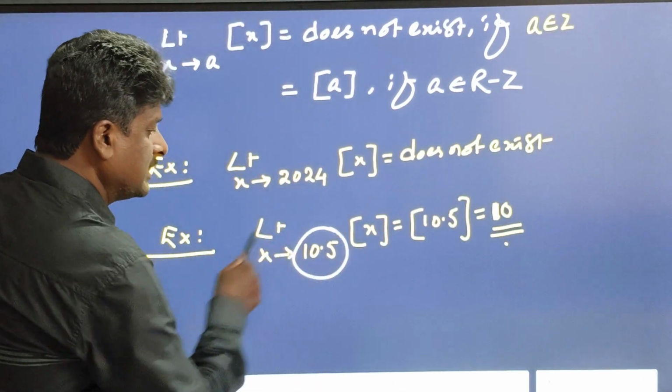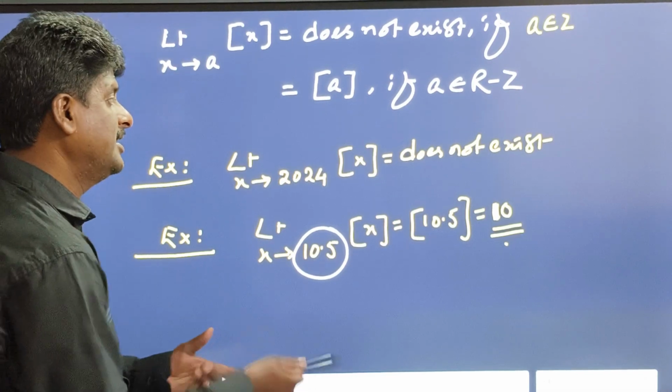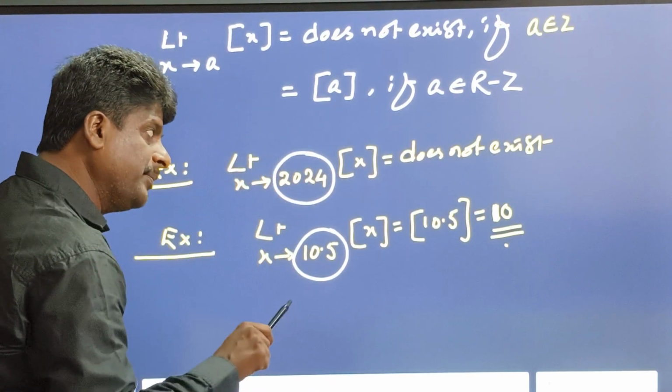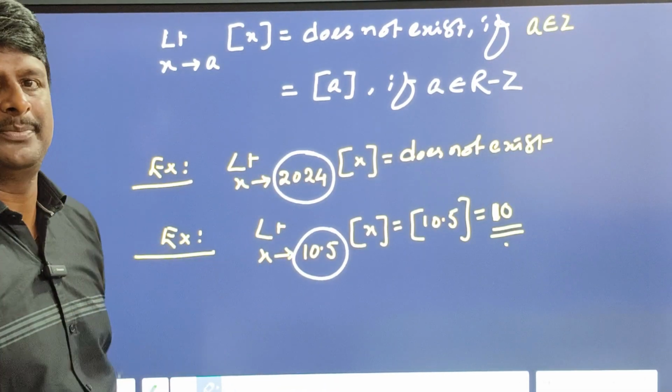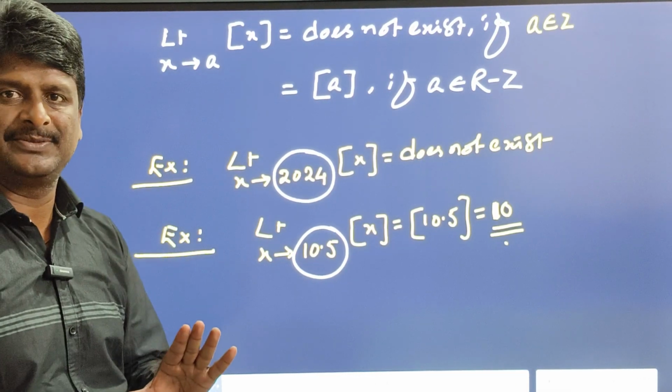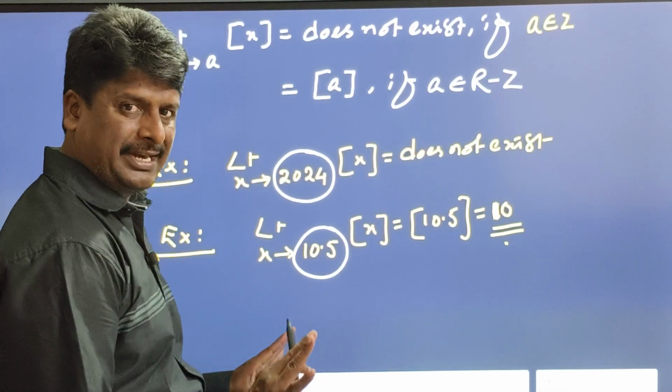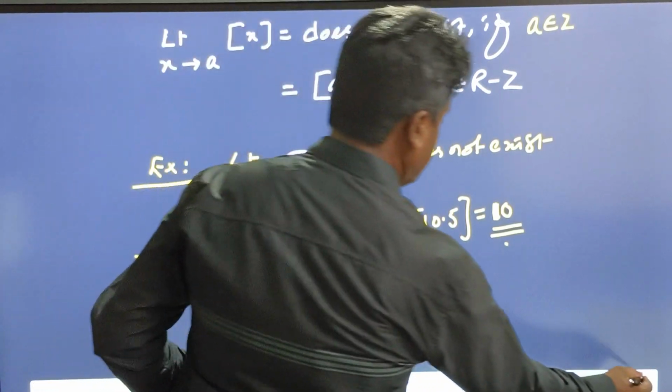Here it is a real number other than an integer. Here it is an integer type real number. So that is the difference. Okay, I think you got clarity on the step function limit. Next,